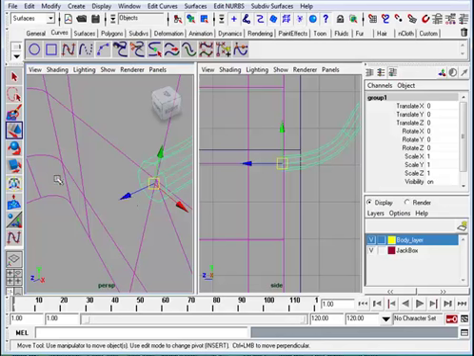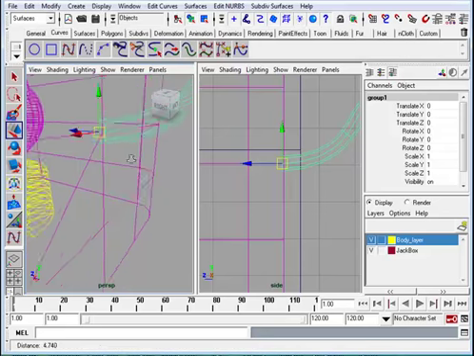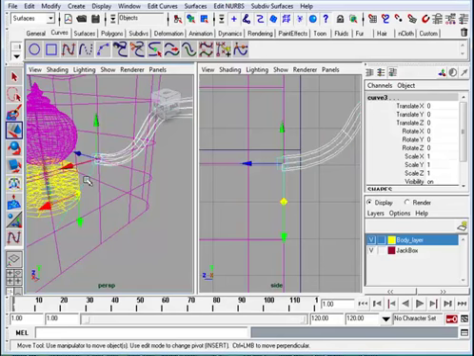Now once I think I have it in place, I'm going to hit the insert key again, and that will put the pivot on that point right at the end of the crank. Now I'll move out. And while I still have that point selected, I'm going to shift and select the